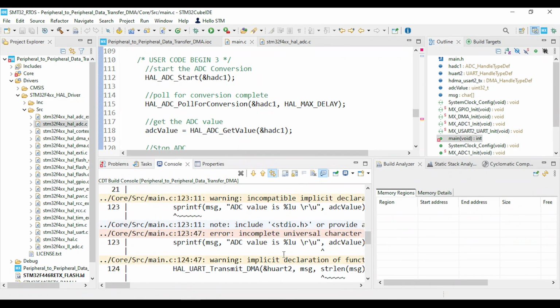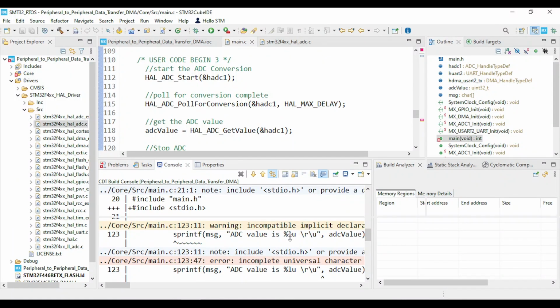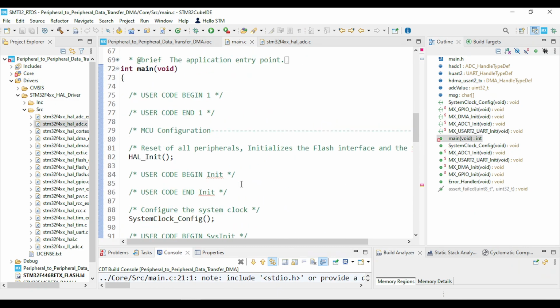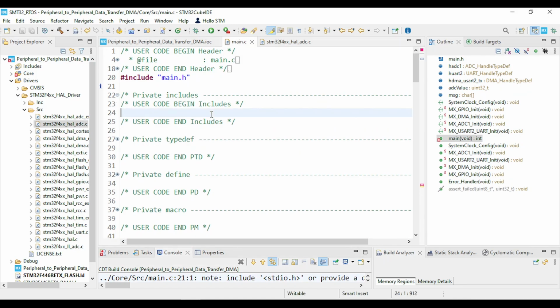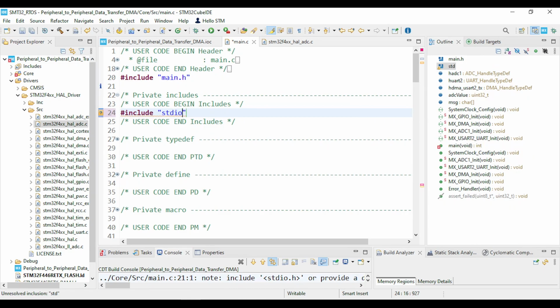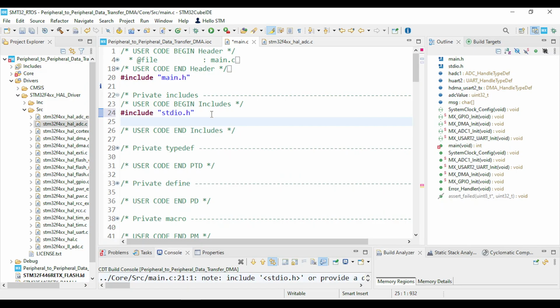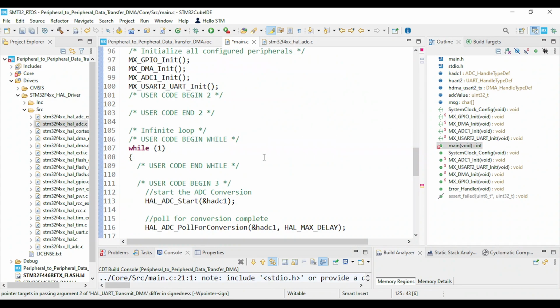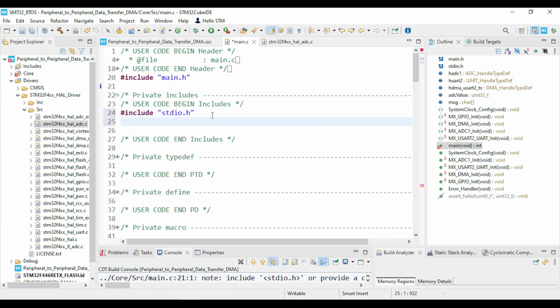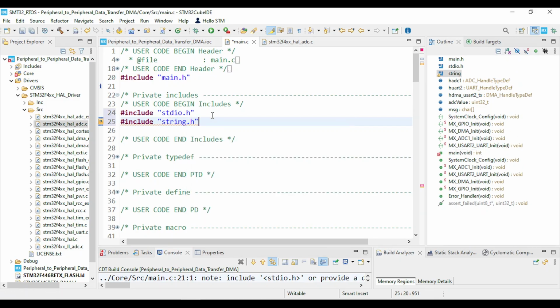So first of all, because we are using functions related to printing, printf, we have to include our own files. For example, #include, we'll have to use stdio.h first for this sprintf function. Second, in this we are using strlen. So for that we will have to include #include string.h. Okay. Now let me just rebuild the project,